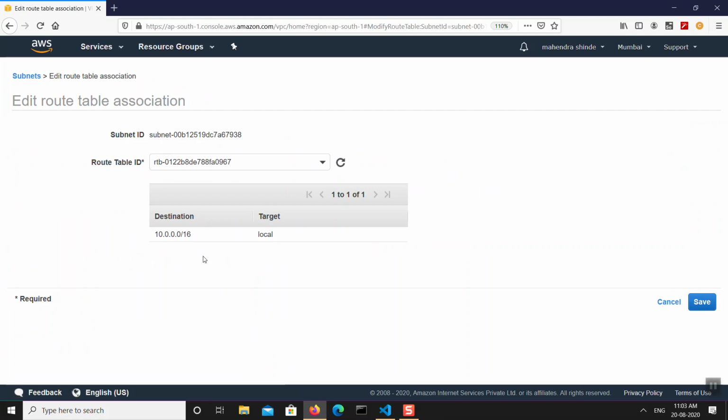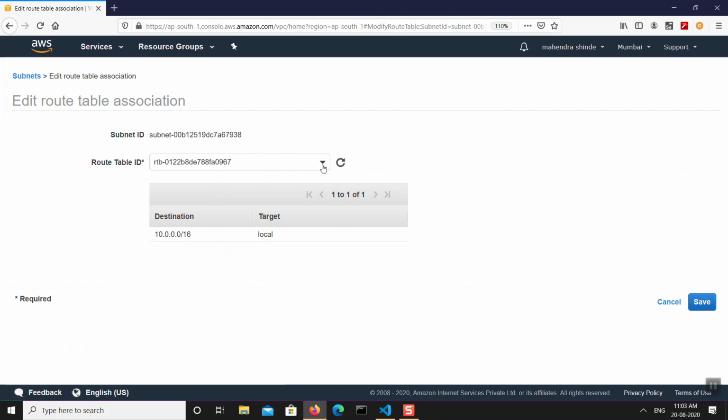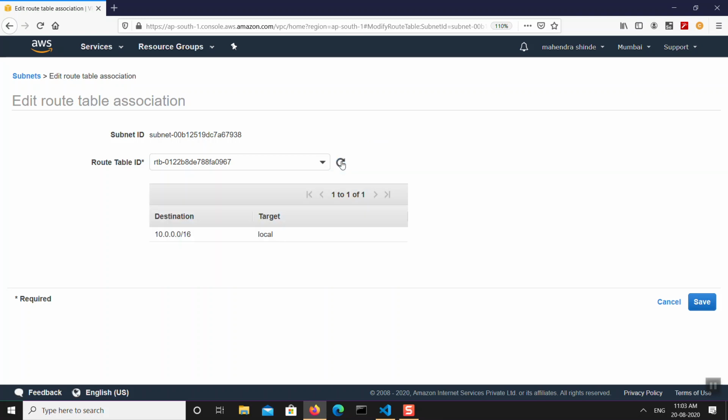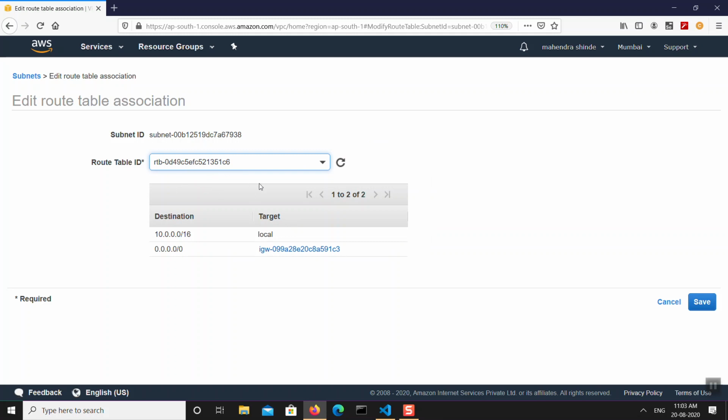Edit route table association, and here we will also connect this with this route table.